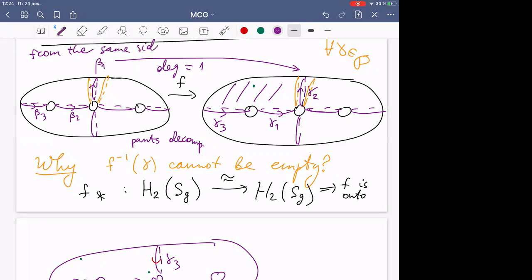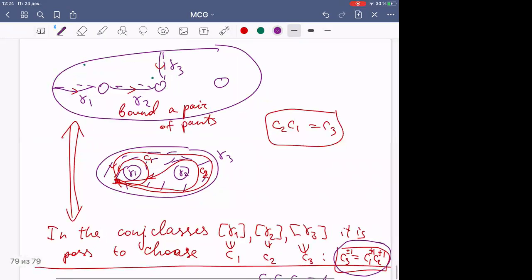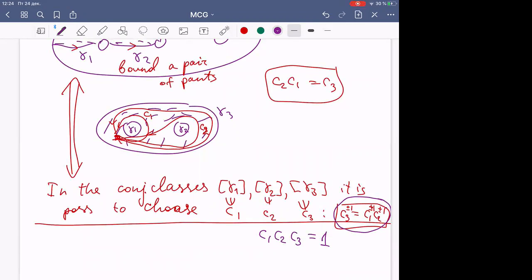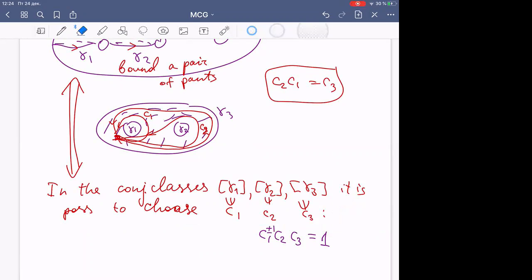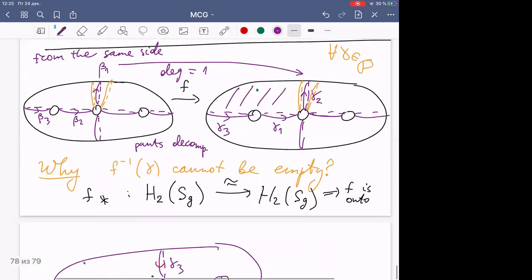Fundamental group cannot distinguish between the left and the right. It can distinguish between the same side. So we have same signs here. It is better to write this in this way, and we can distinguish between the same signs and opposite signs. So either this pair of pants goes to that pair of pants,